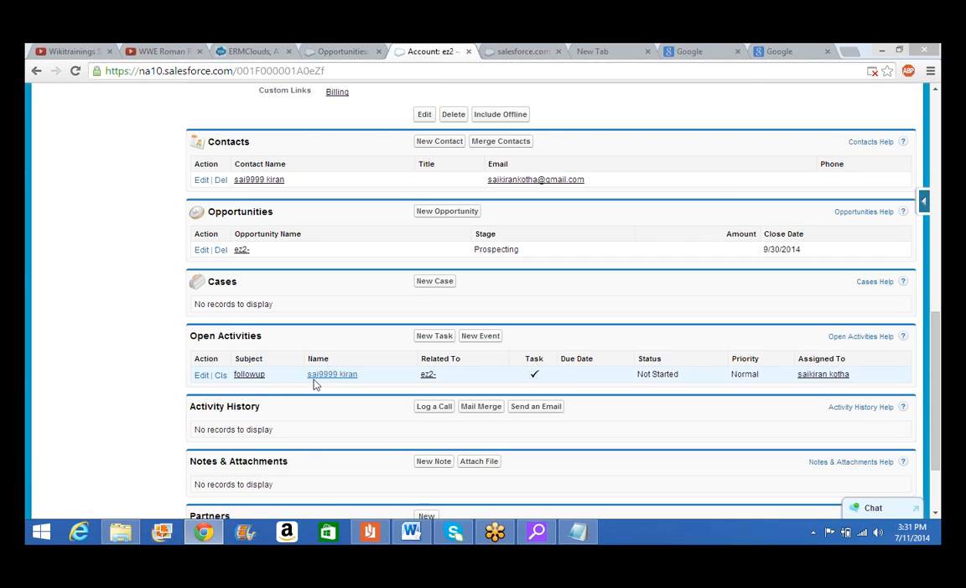Yeah. Now your lead is converted. If you go to your account, here is the lead. Sorry, it automatically opens the account. This is the current account, which is automatically created from the lead. If you come down,